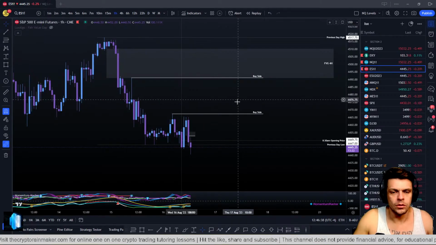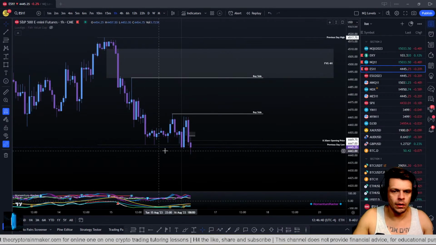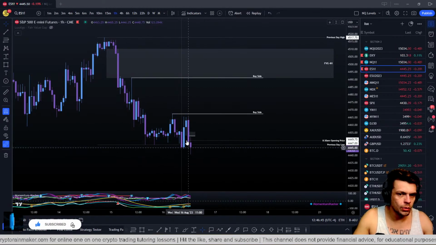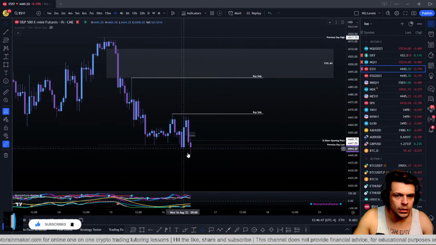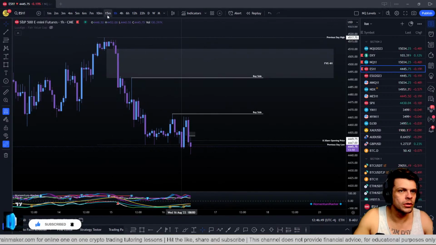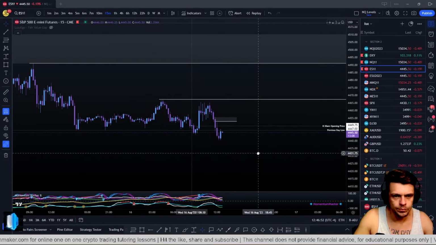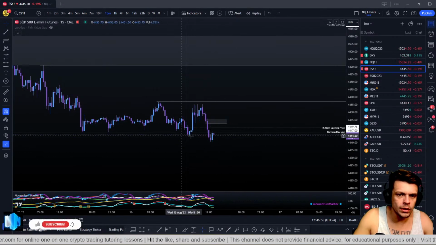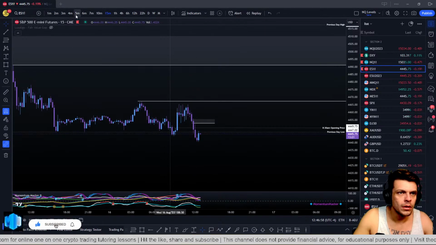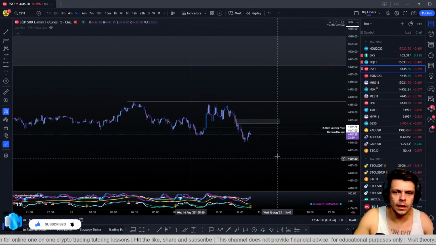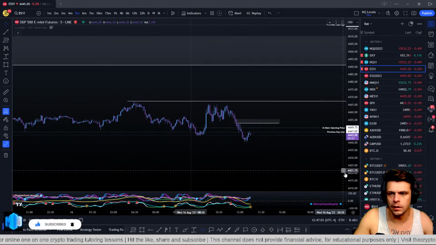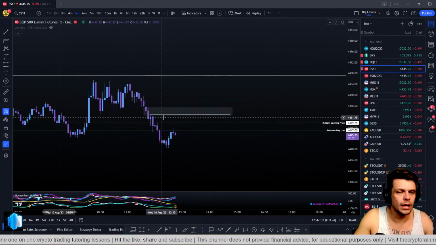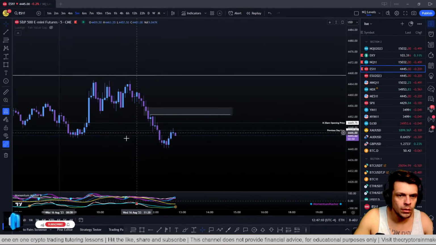So why do I think it's going to go up? I'll just quickly recap. Price action dipped into the sell side liquidity, but we did not displace below this low. It just looked like a liquidity sweep. You can see it's not a strong move with displacement below this low. So now we know that the sell side liquidity has been taken. Now we want to see displacement above an old lower high, which we have